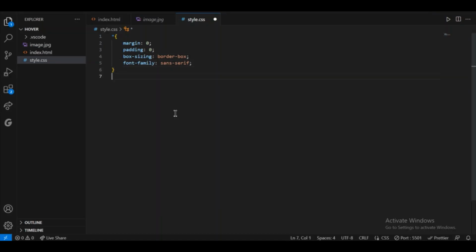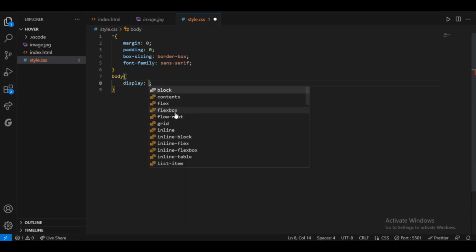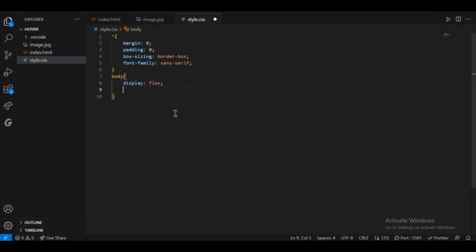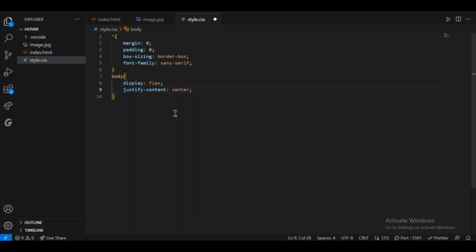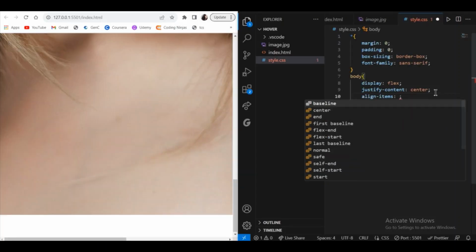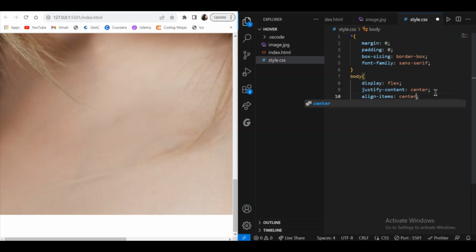Now let's style the body. So body, I will give the display as flex, justify-content center, because I want all the contents to be in the center, align-items center. Okay, right now the image is not in a proper size, so you will not be able to differentiate any changes. I will change the image height and width in a while, but before that I want